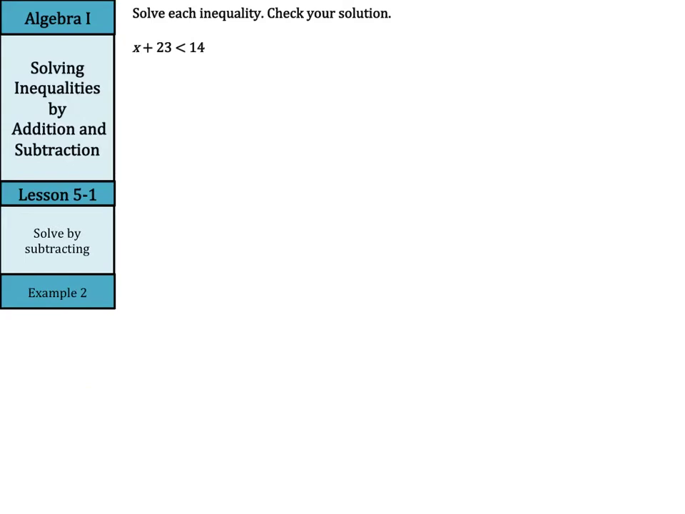What about our next inequality? Our key here says we're going to solve by subtracting. So if we rewrite this, we have x plus 23 is less than 14. And sure enough, if we're trying to get this x alone, we need to move this plus 23 over, and we're going to do that by using the opposite operation of addition, which is subtraction. So if we subtract 23 from both sides,